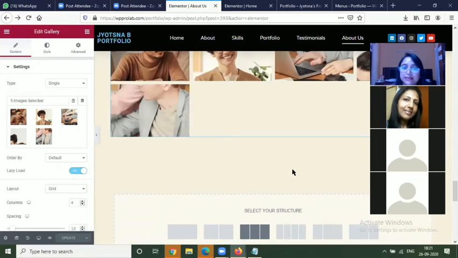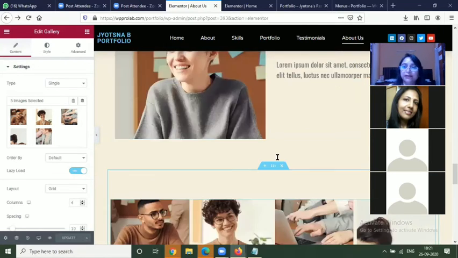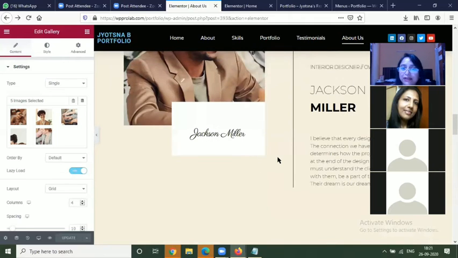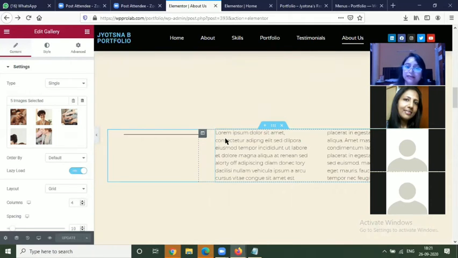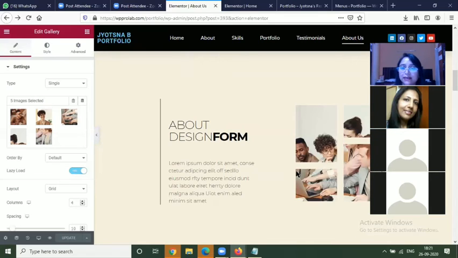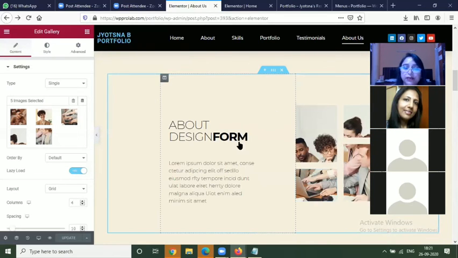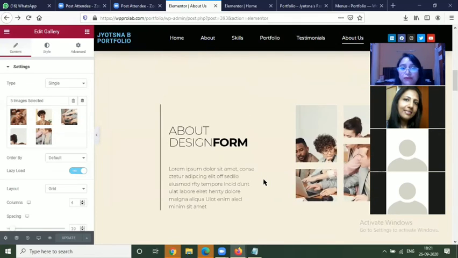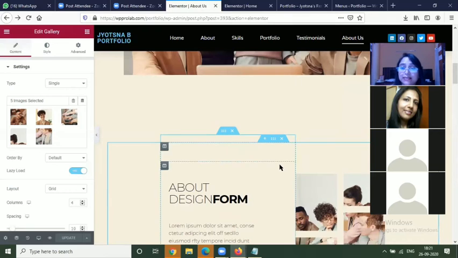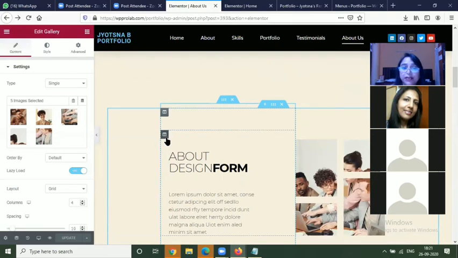Otherwise, suppose in this case I have taken both points previously. I have inserted this page from our predefined template. Here I can edit all these things as per our need. Even if we want to keep this text, we can keep this content area or some images if we want. Otherwise, if we don't want to keep all these things, we can insert text also. We can delete also.